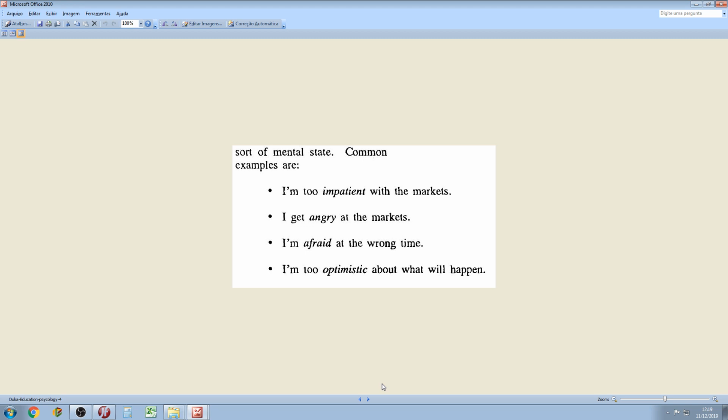Okay? Number 2, I get angry at the markets. Who in here is angry? You enter into a trade and the trade goes against you. Who gets angry? You think, oh my God, again, I'm not able to enter a profitable trade, again the market is going against me, and again I'm going to lose. Who thinks like this?